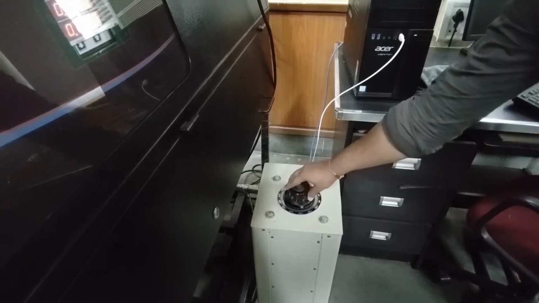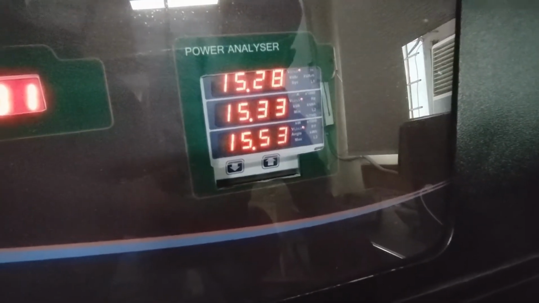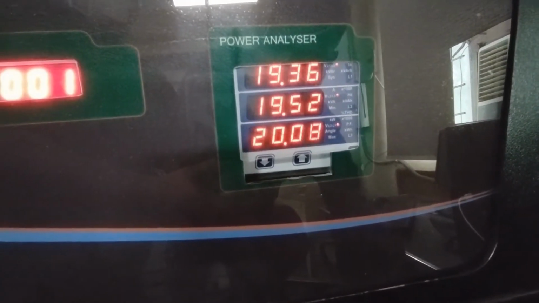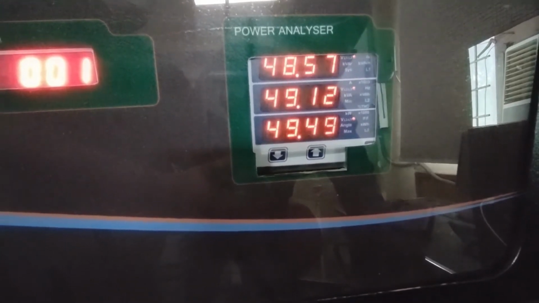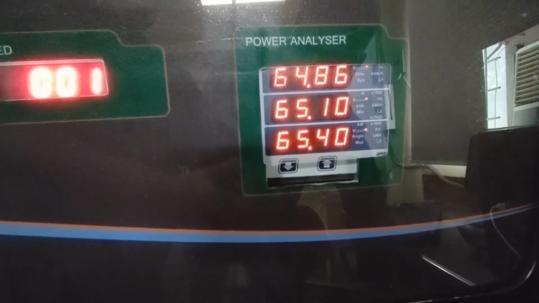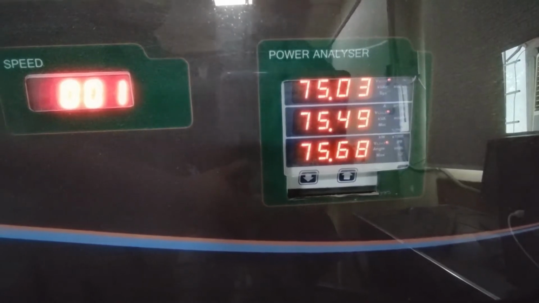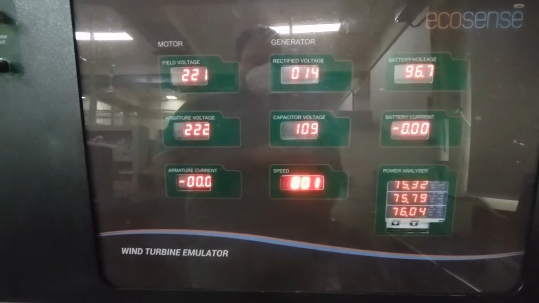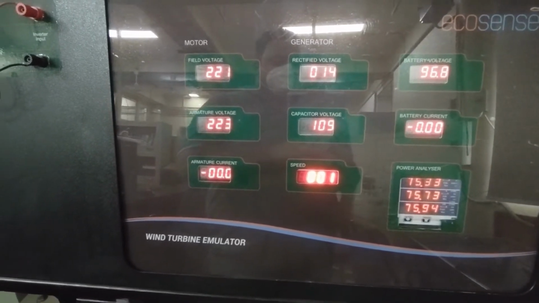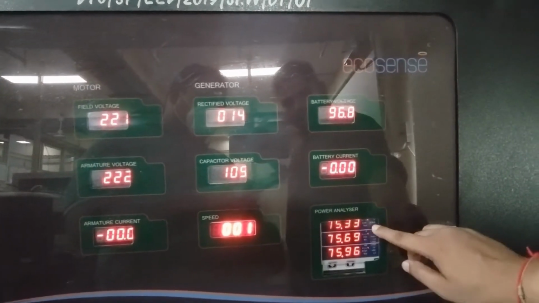Now slowly increase the grid voltage and we can see the measurement in the power analyzer. So this power analyzer is showing the grid voltage.